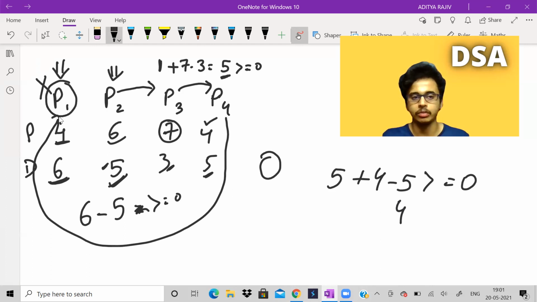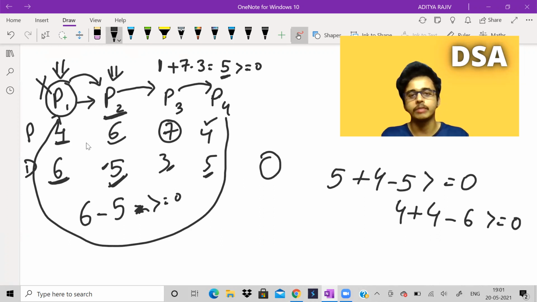So we are over here now. Again, we came back to the first petrol pump. Can we go back to the starting point? To go to the starting point, petrol needed is 4, distance is 6. This value is also greater than or equal to 0. So we can now go back. As you can see, we have found a particular starting point from which we can go around the entire circle and come back.